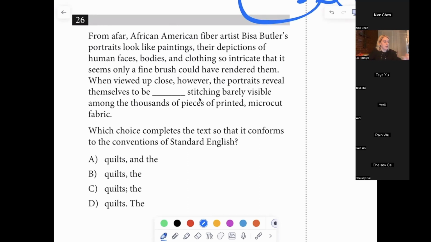Okay, so let's break this down. There's some right answers in there for sure. So when viewed, oh wait, sorry. Actually,